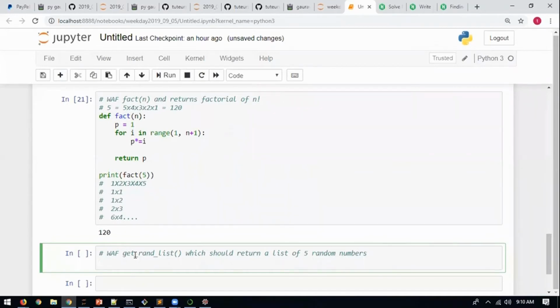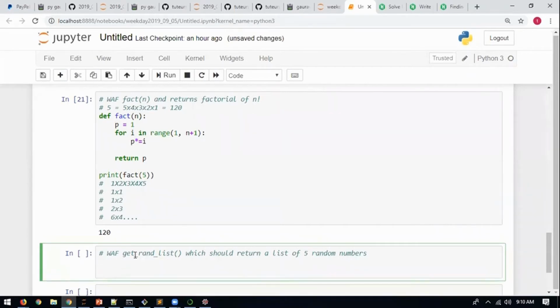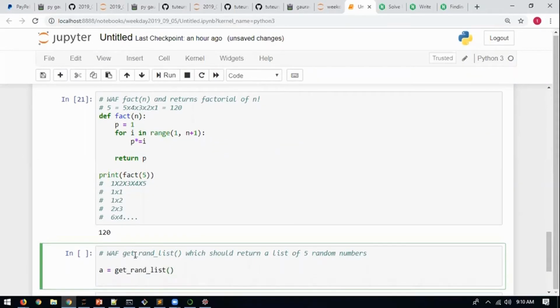Getting the question? Which part did you not get? What it means is, if I call the function like this, a equals get_rand_list, the result of a should contain a list of random numbers.